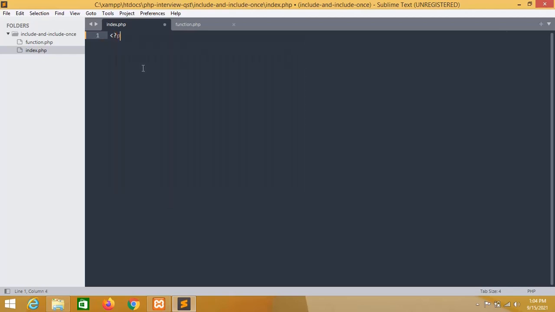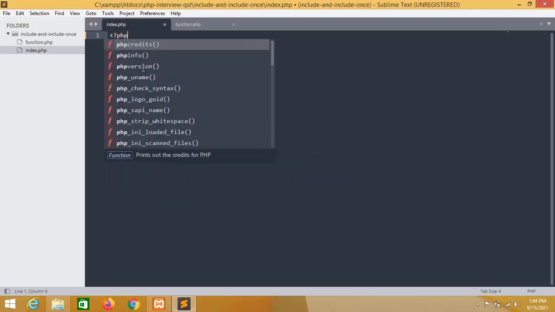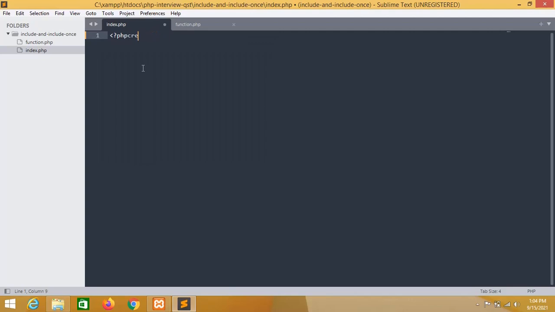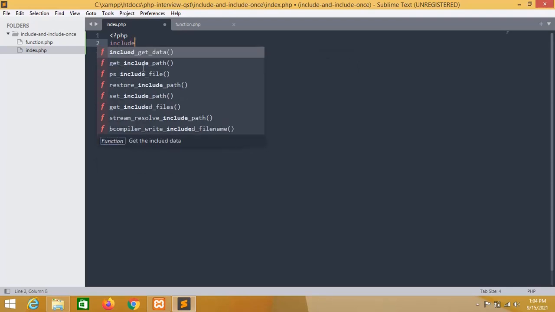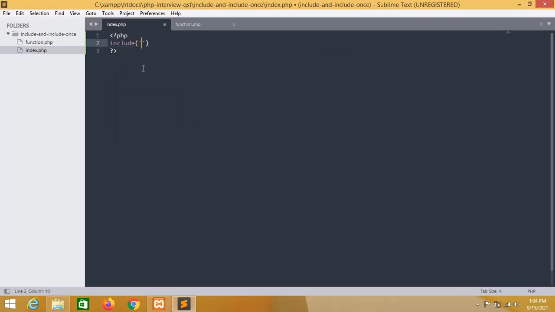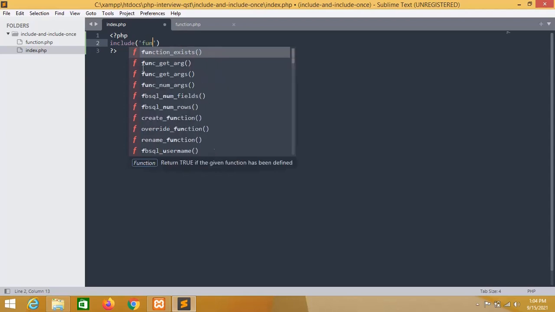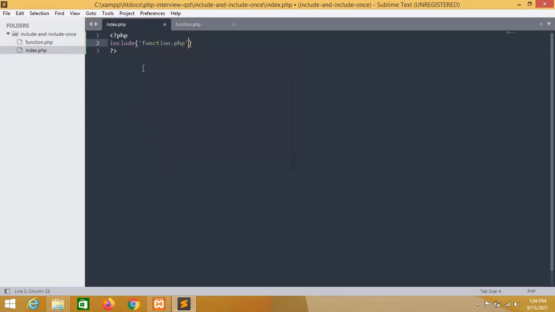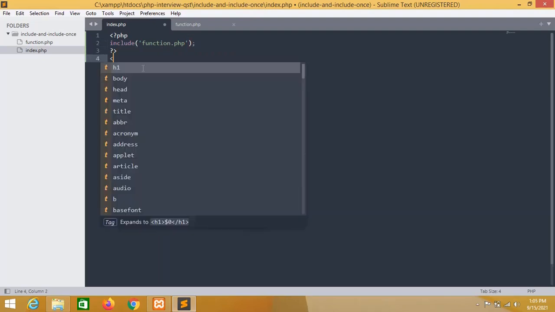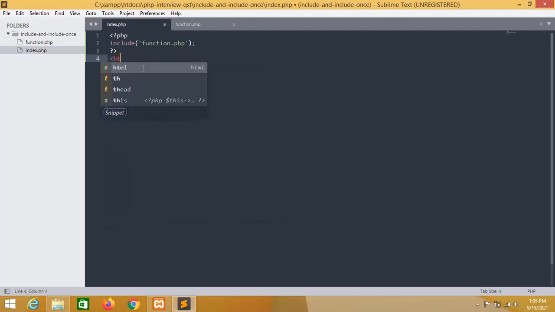So for that, let me include this function.php page first. And after that I am going to write simple HTML code.